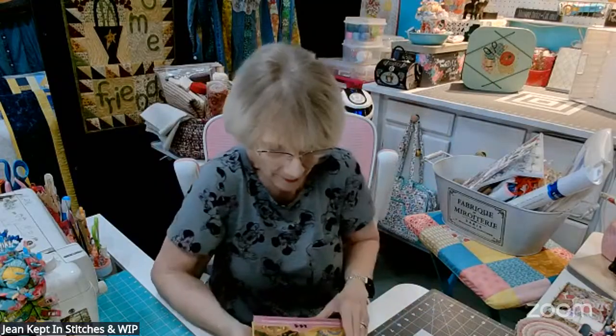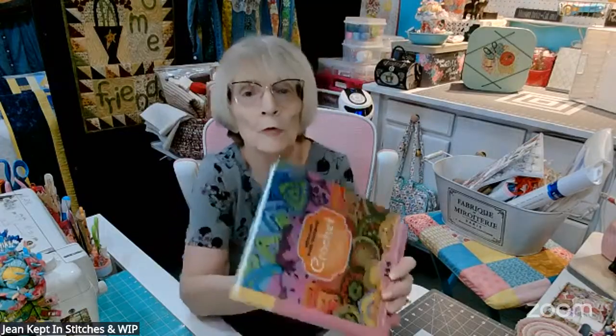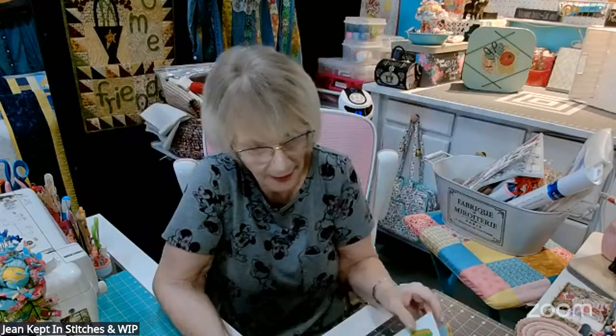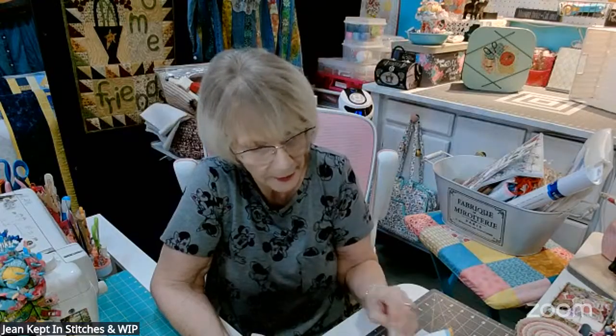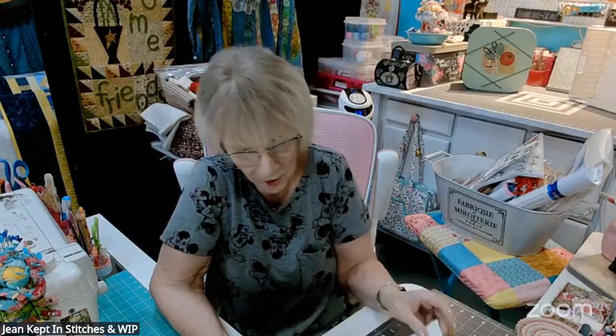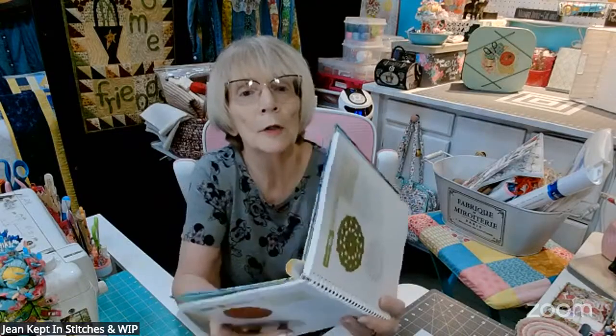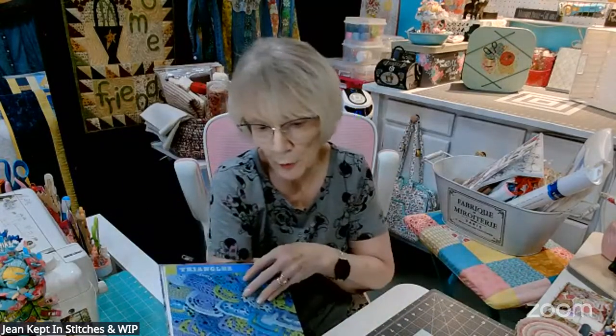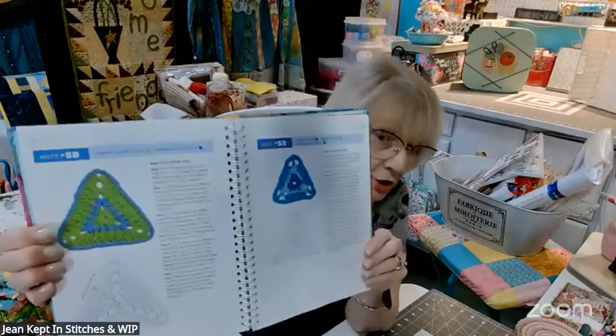Because I'm doing a lot of my own crocheting for my vintage items and everything, this is a crochet motifs book. Instead of doilies and stuff, it has different little motifs. Oops, that's the introduction. But it has just smaller, different patterns for motifs and everything. And it's spiral bound, which makes it very nice. Different shapes and everything. By using whichever type of yarn you want, using a thinner yarn or a thicker yarn will make a difference in the size of those. So I received that